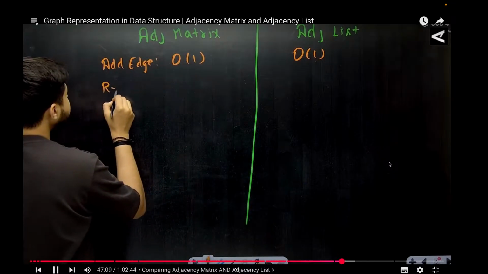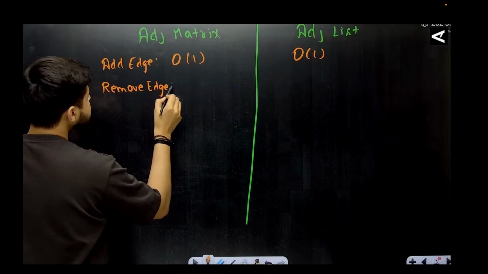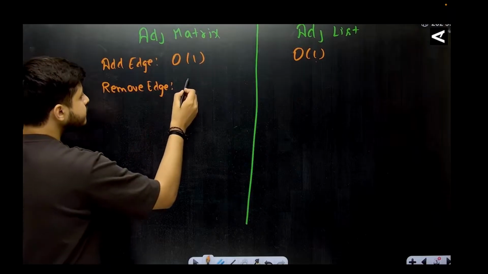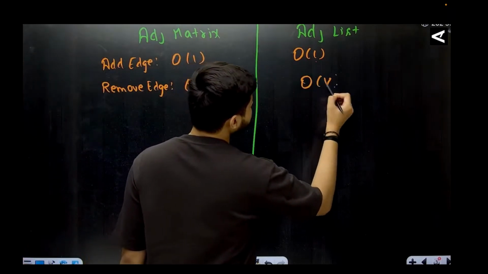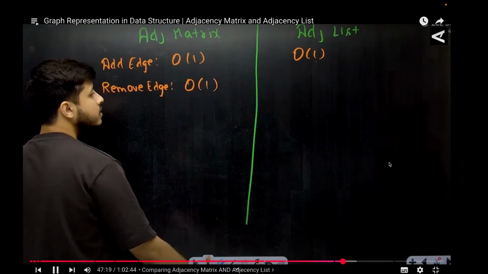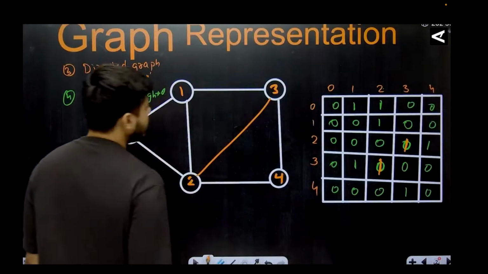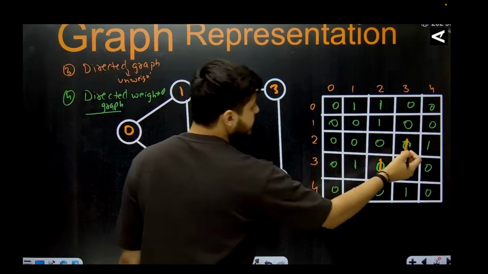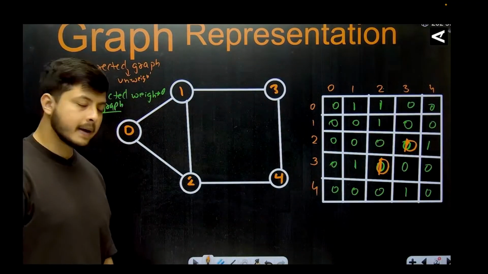यहां पे मुझे रिमूव करना है एच को, क्या आंसर गेस कर सकते हो, एक एच को डिलीट करना है, कितना टाइम लगेगा। इसका होगा ऑर्डर ऑफ बी टाइम। देखो मैं बोल रहा हूं इस 2 3 वाली एच को रिमूव कर दो, ठीक है ना, 2 से 3 पे जाओ, इसको 0 बना दो, 3 से 2 पे जाओ 0 बना दो, कौन सा टाइम में काम हो गया।